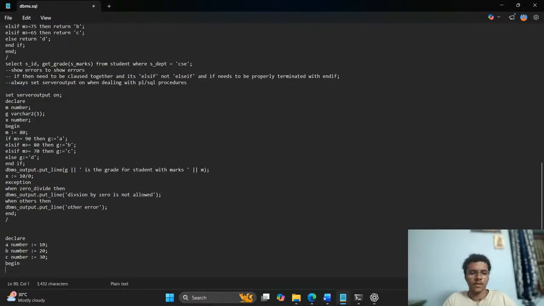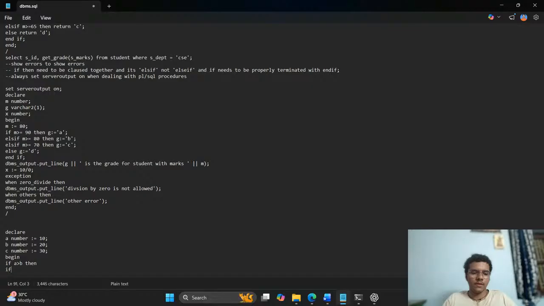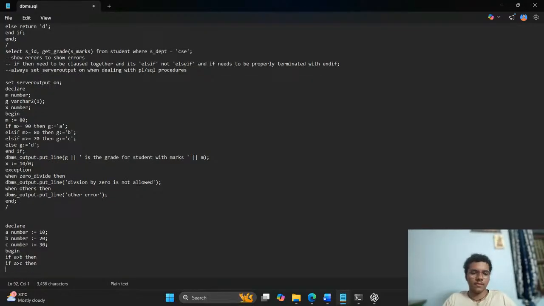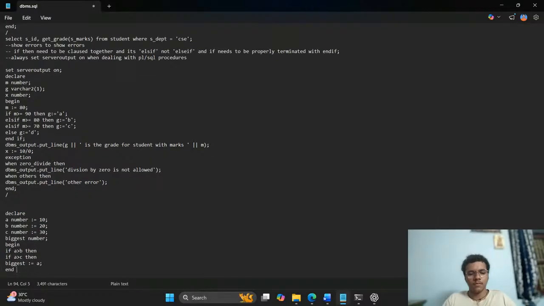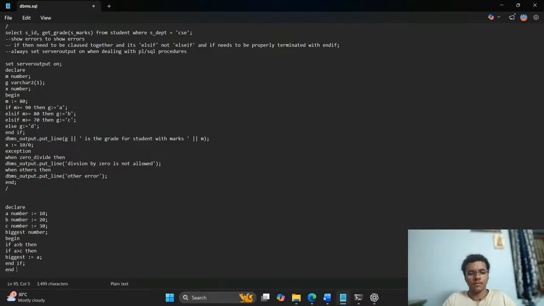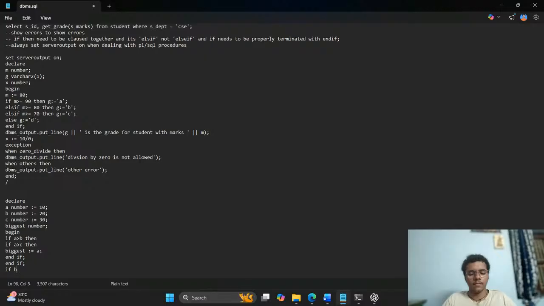That begin, if a is greater than b, then if a is greater than c, then biggest number, biggest, and if, and if